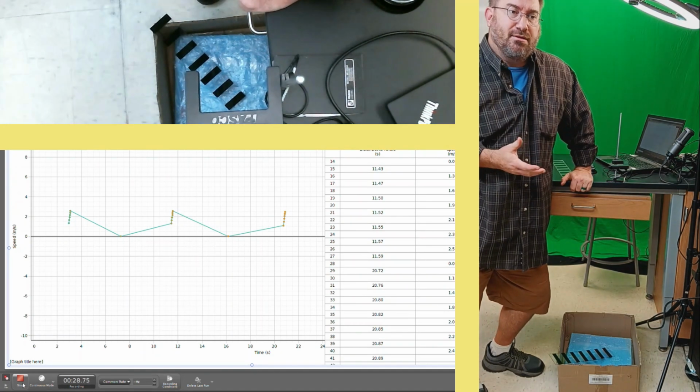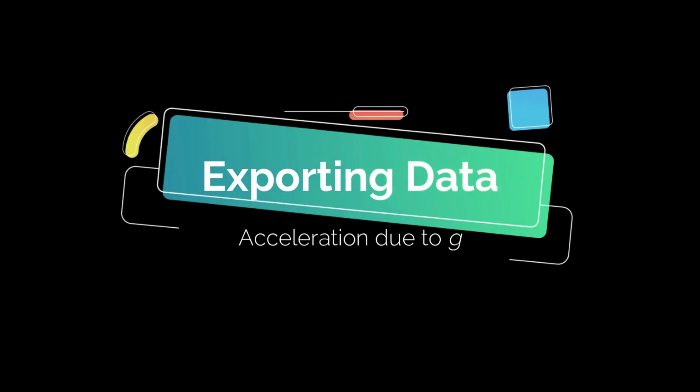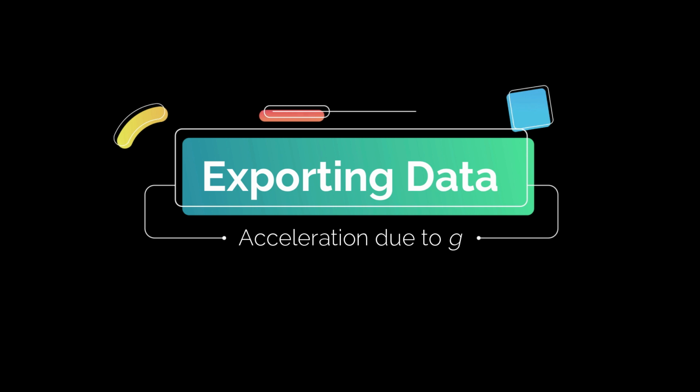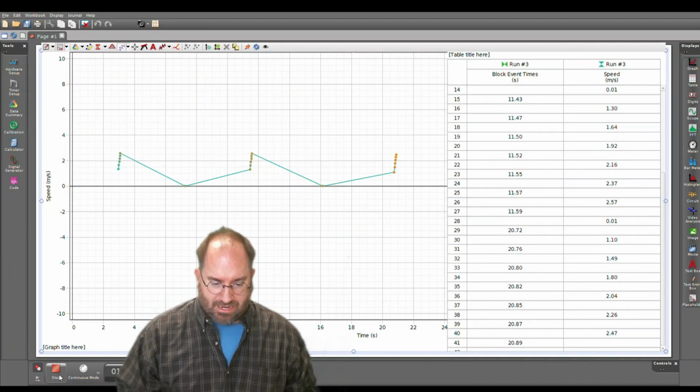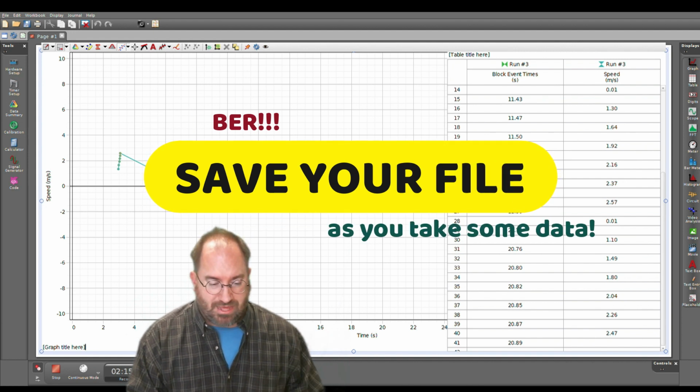Now you can take your data and analyze it in Excel. Let's go over how to export that though. So now you have your data. You can do some preliminary analysis here in Capstone, and the way to do that is just come up here,